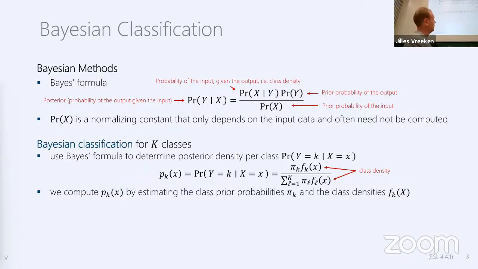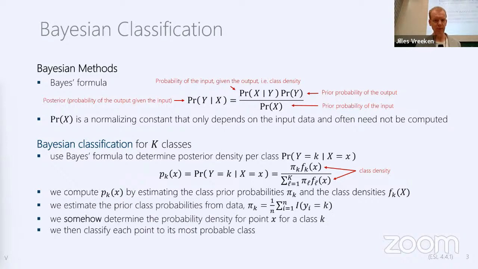Okay, what are these pi's? These pi's are the prior class probabilities. What is the probability, if you take a sample at random from your training data set, to get class K? So we simply count. Pi_k is just how often it happens. We normalize, and there we are. Now these class densities, these f_k,